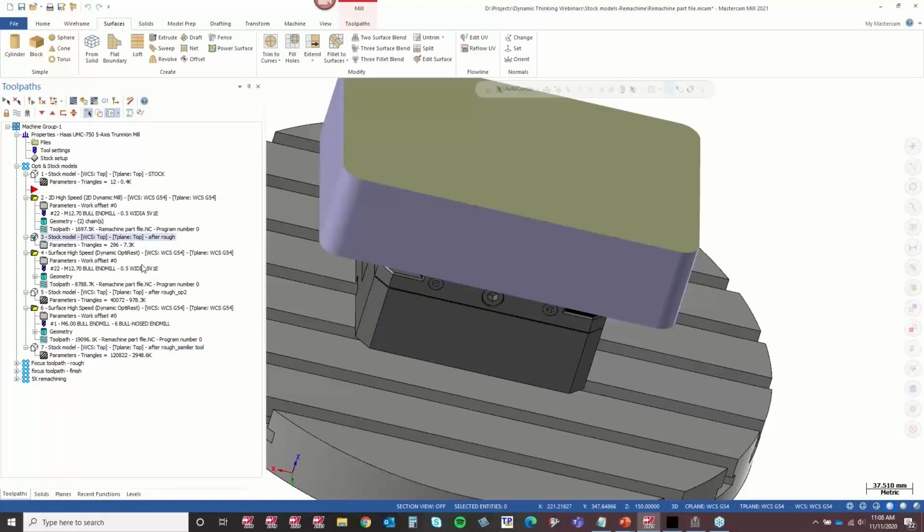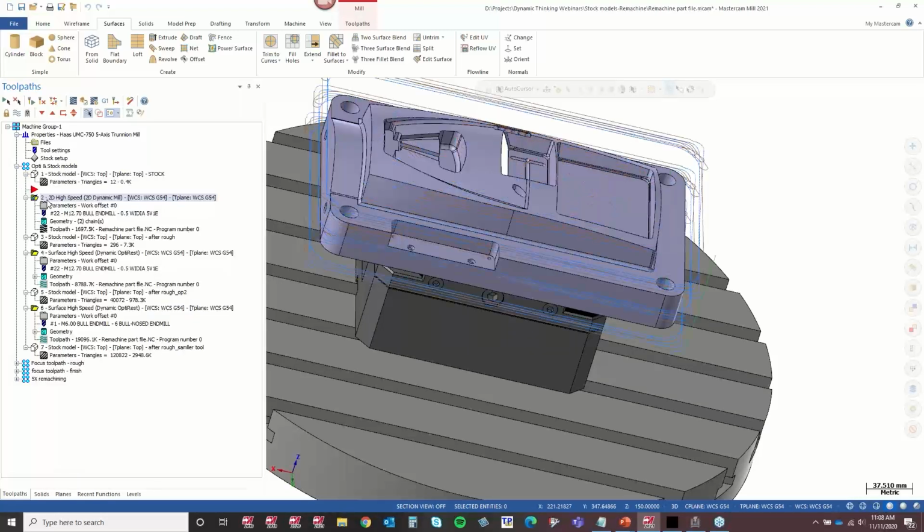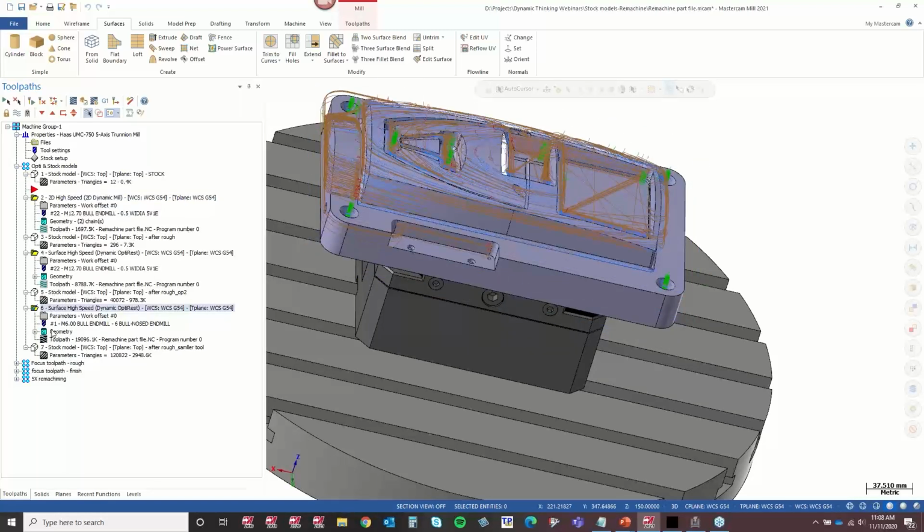The nice thing about these in-process stock models is we can use them for verification. A lot of times I'll see customers or users who really want to verify only this operation 6, but instead they choose all these options to launch verify and have to watch the first 5 minutes of verify run just to get to the point where they can see this third toolpath.